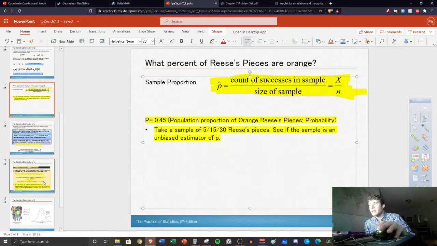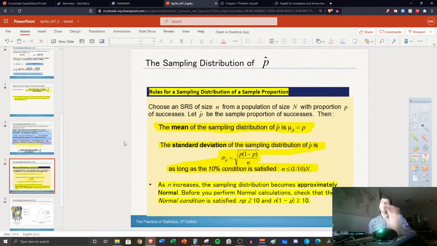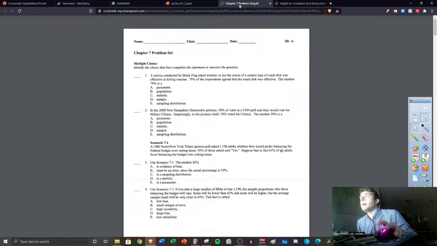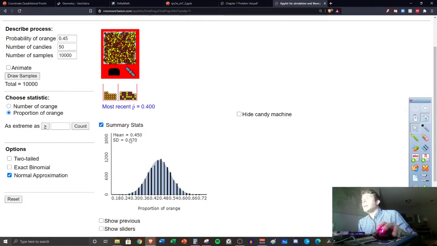Okay. So we're going to pause the video, and you're going to write down these rules. So in your notes, you're going to say rules for sampling distributions of sample proportion. All right. So I'll let you write that down real quick. I'll pause it. Okay, so you wrote this down, and we're noticing with these, back to it, that look at